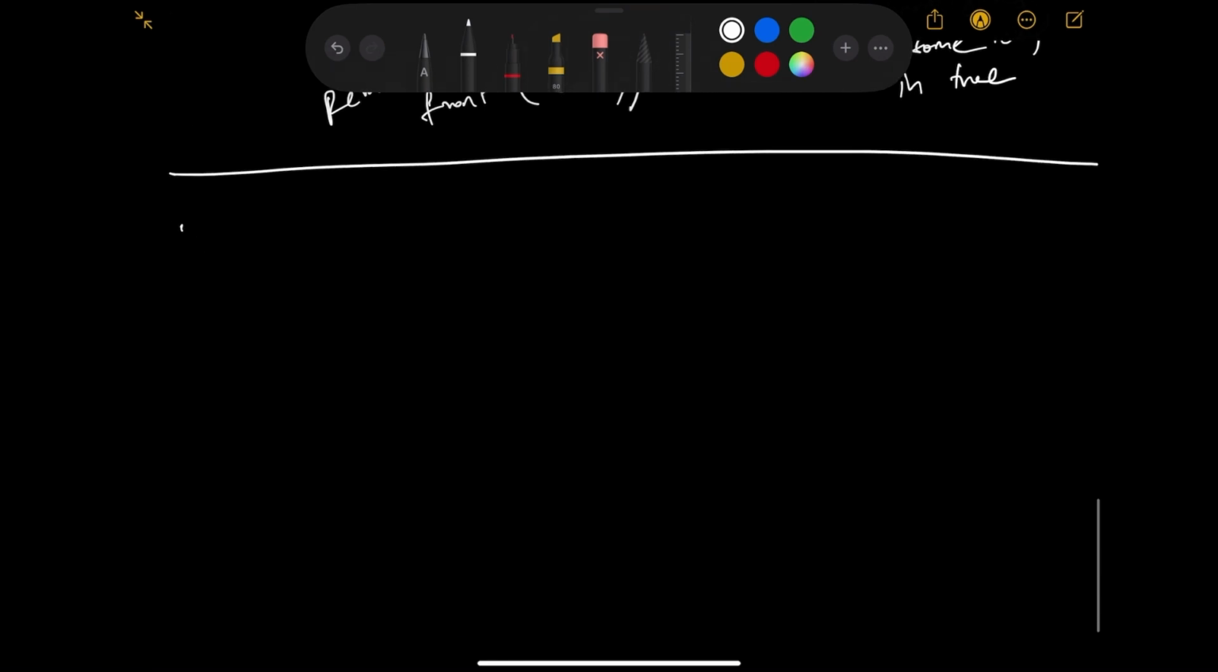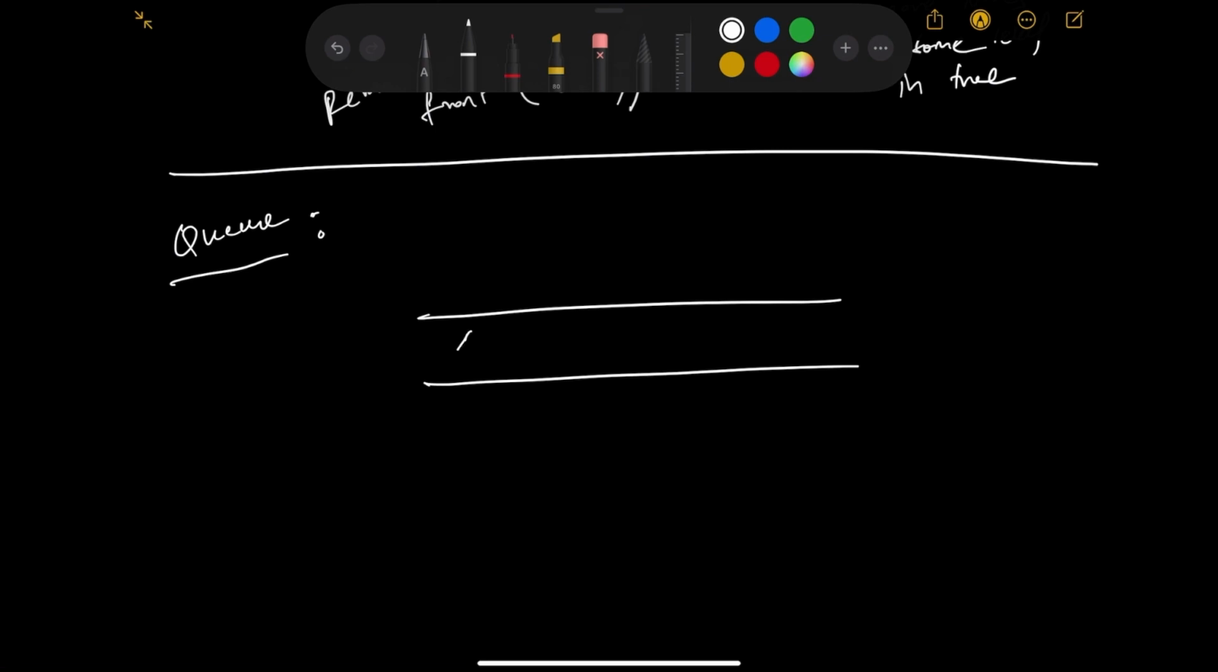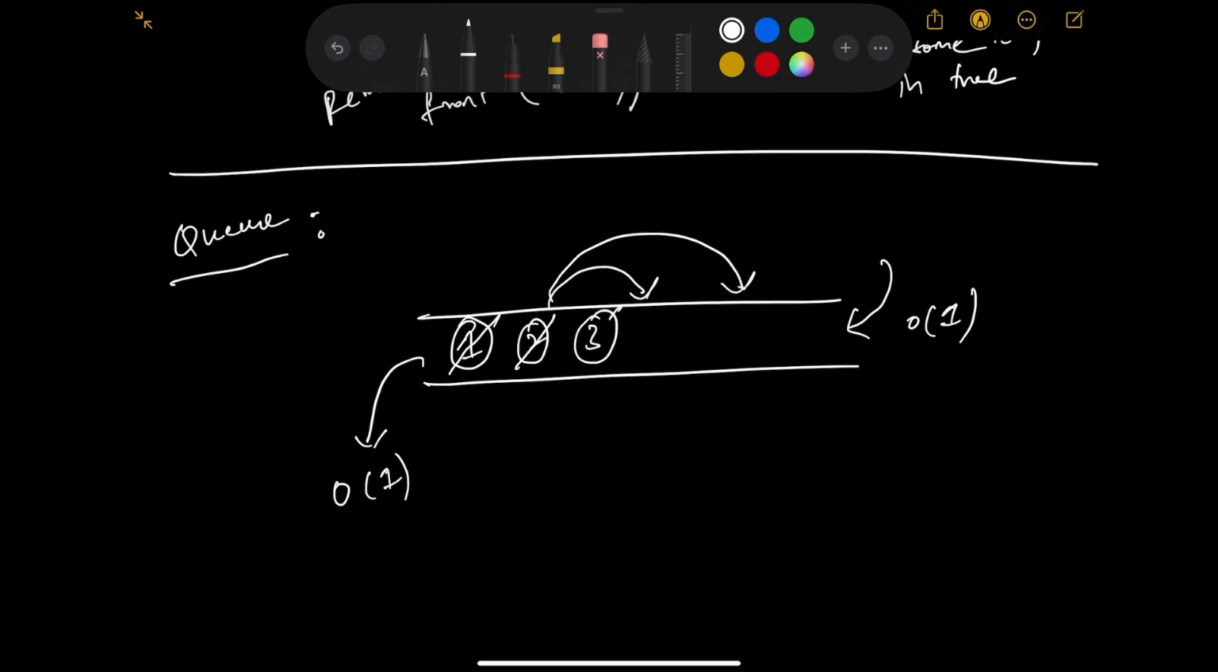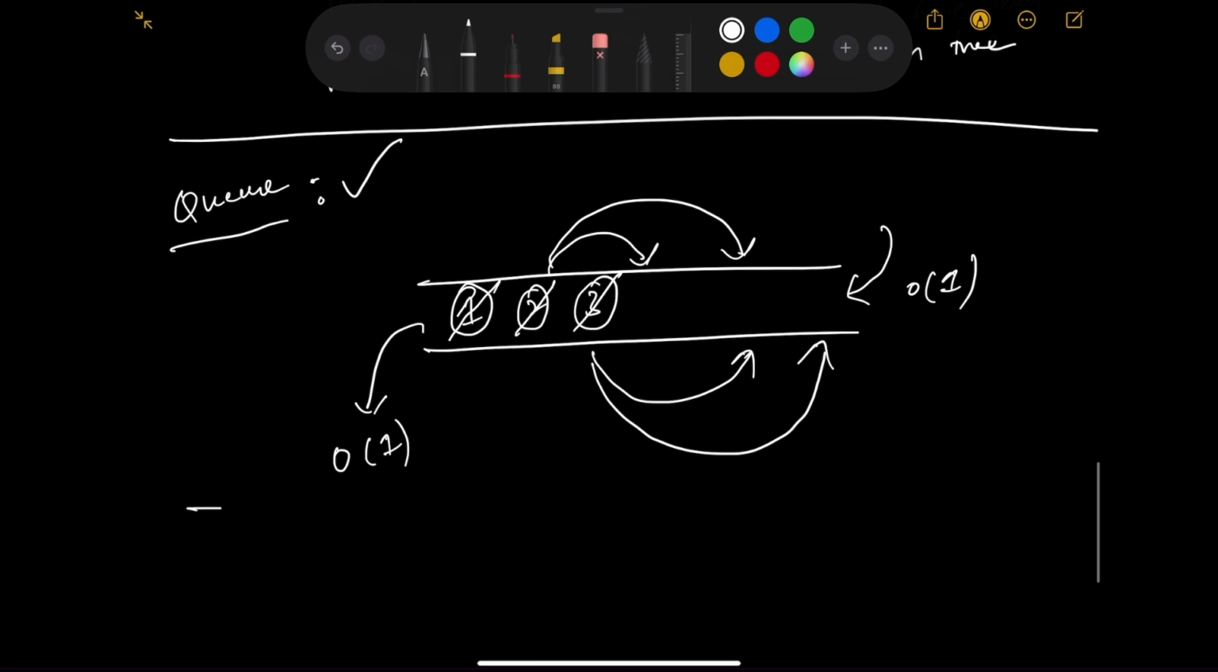So what is the next thing I can try? I can use a queue, because in a queue I can add 1 at the end, and I can remove it from the front in order of 1, and in order of 1 I can add 2 and 3. I can remove 2, I can add its children. I can remove 3, I can add its children, right? So the data structure that we have to use is a queue,